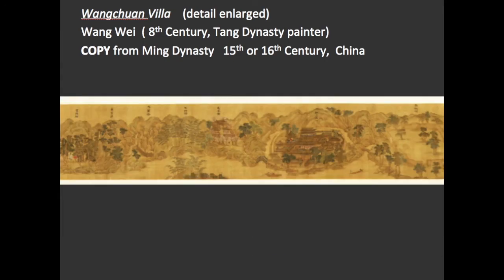The Wangchuan Villa could be considered an archaic space in that it lacks the confidence that we see later in the Song painters. For example, the space behind where the mountains are seems to tilt forward towards the viewer. Interestingly, medieval European painters struggled with the exact same problem for centuries. There is some difficulty in creating a convincing space as forms in the landscape recede into the distance, although Wang partially addresses this by including a river in the foreground.